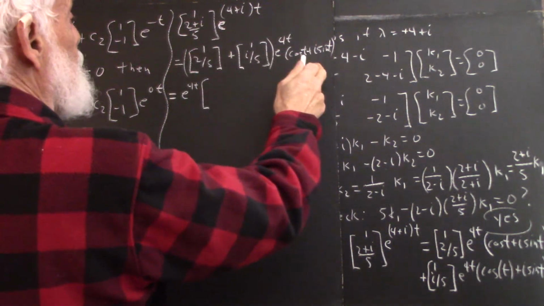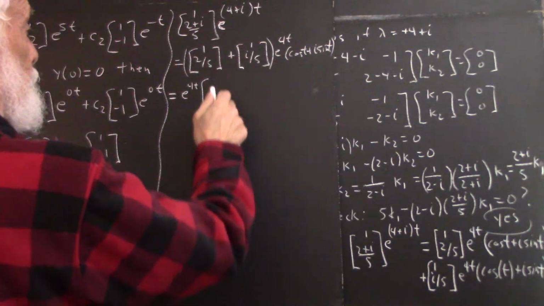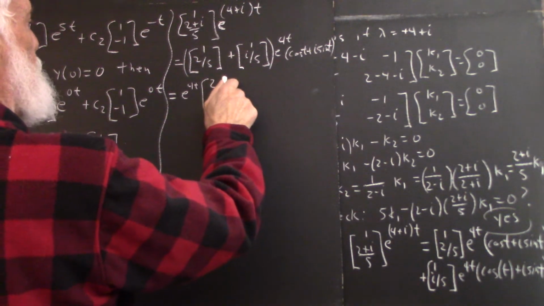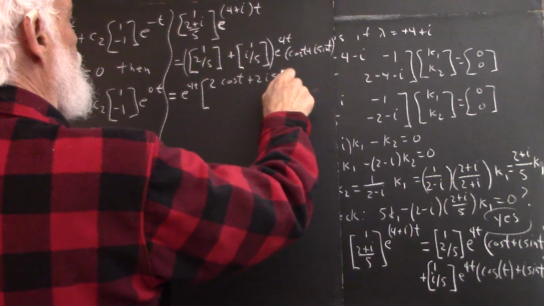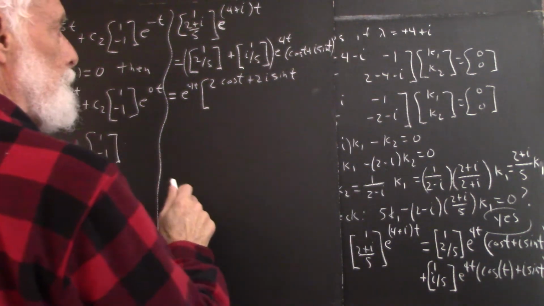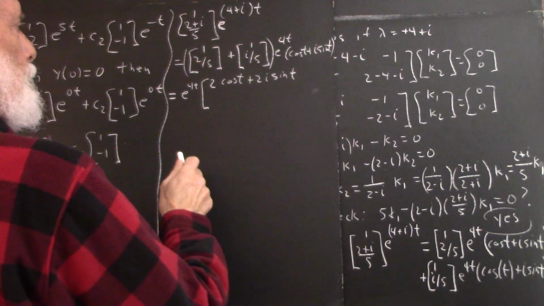We have 1 times this and 1 times this in the numerator. So it's going to be 2 cosine t plus 2i sine t. And then it's going to be